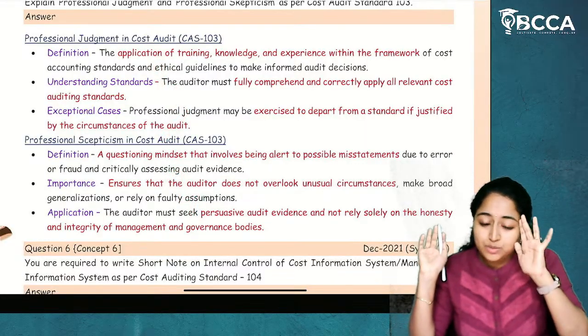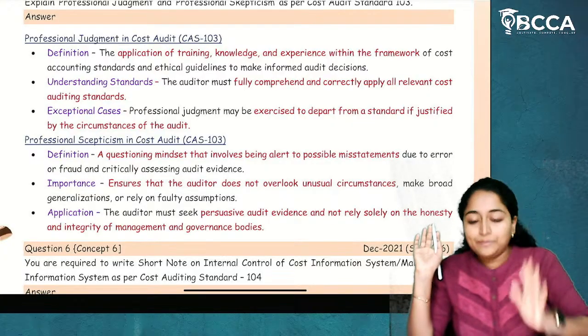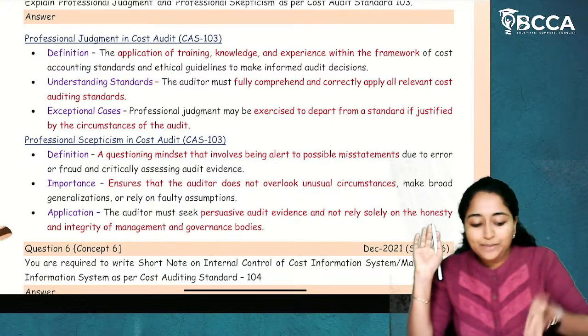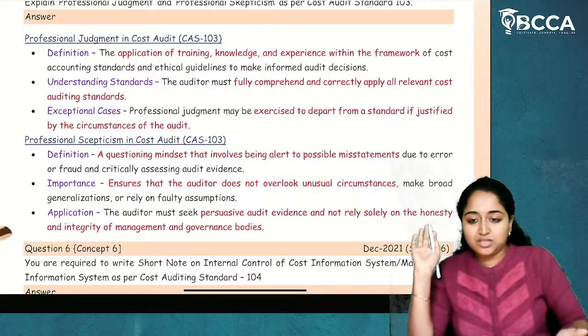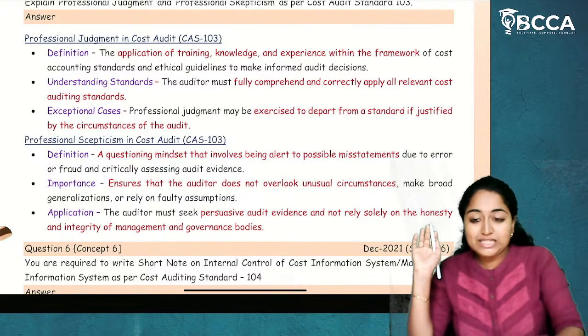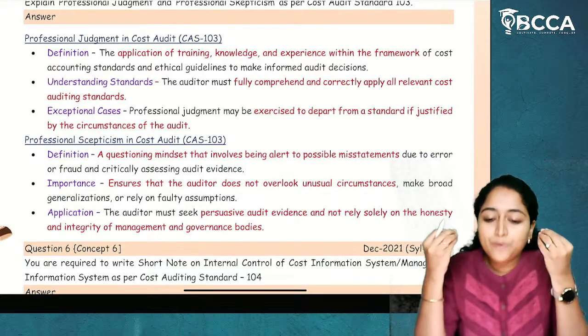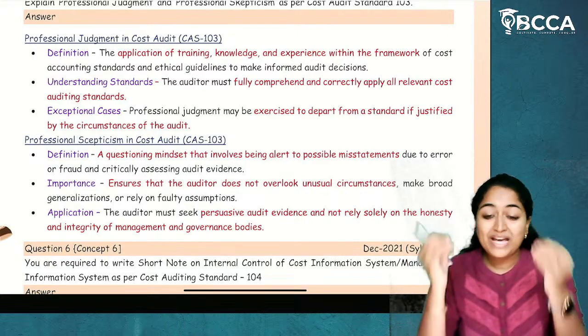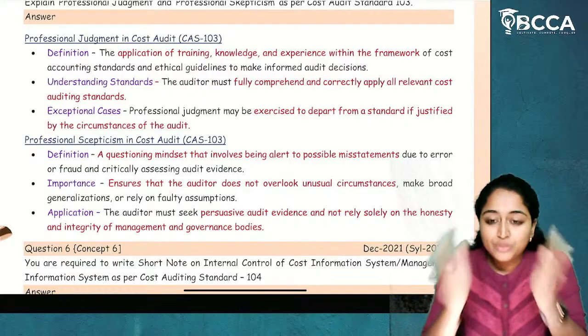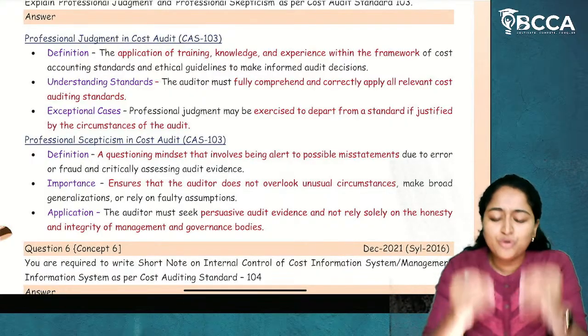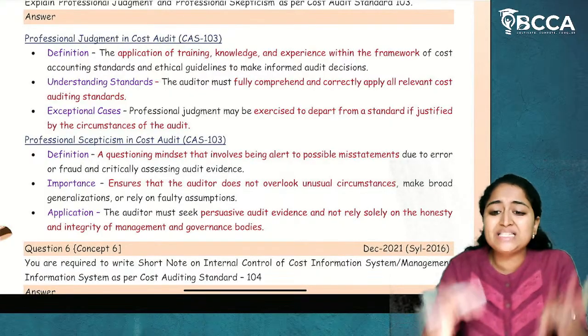Now, many students will have a lot of doubt. Ma'am, do we have to depend upon workbook answers, or concept book, or handwritten notes? You can depend upon anything which you like. If you think that the workbook answer is more than enough, and you are able to understand it, then that is fine.